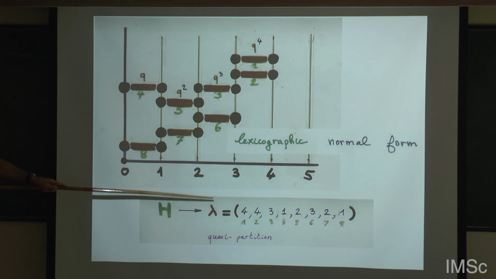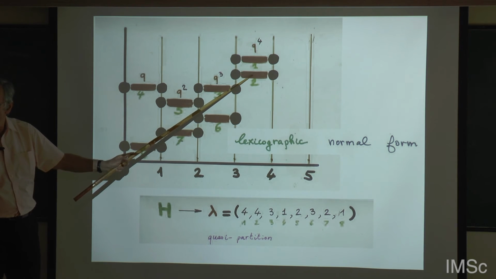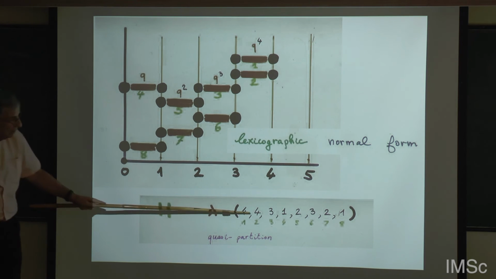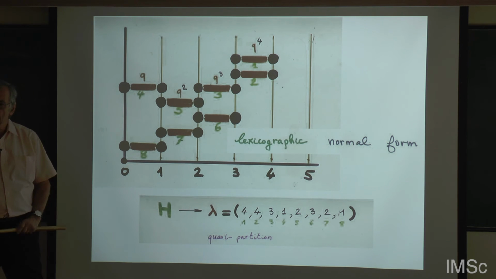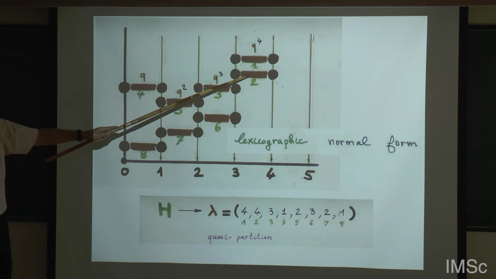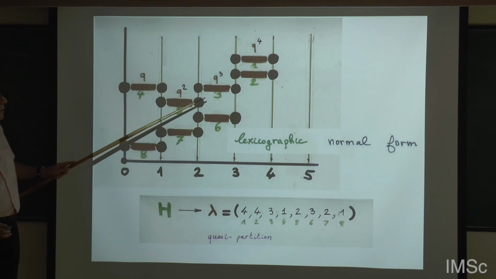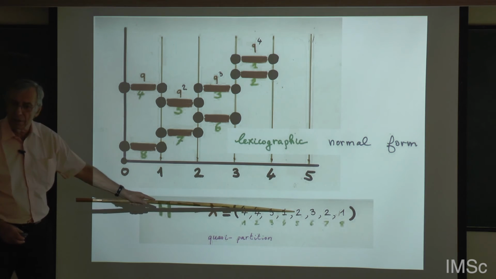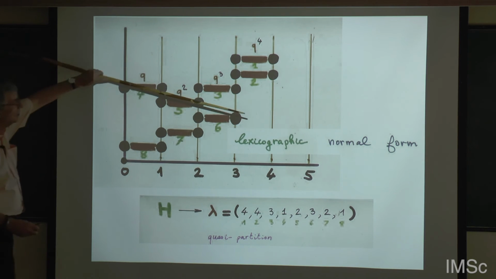If you just take the indices of each dimer in the order of this lexicographic or Knuth normal form, you get this, and it is a quasi-partition. It's obvious from the definition, because when you delete a maximal piece, and you take the next maximal piece, which is the rightmost one, what happens is, so here it is always decreasing, but here it is increasing, 1, 2, between 4 and 5, it's because you say when you take, this was already deleted.